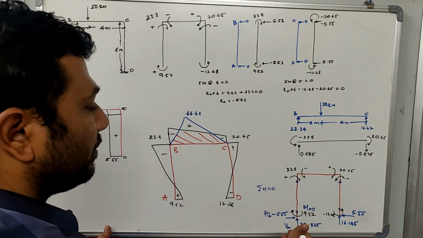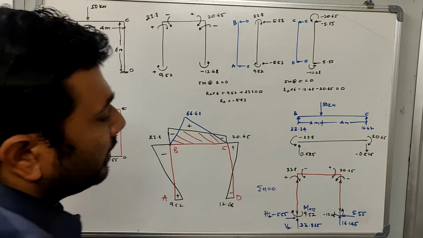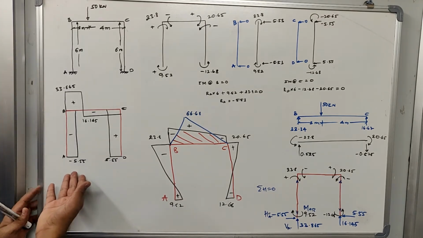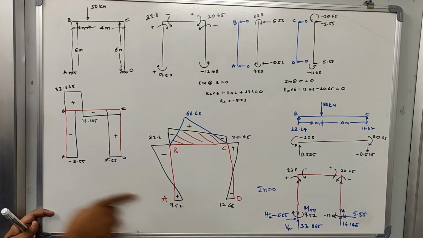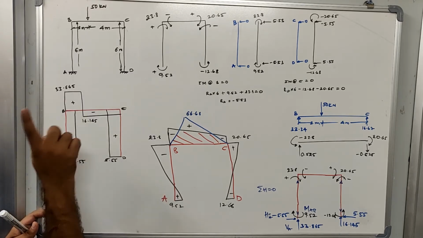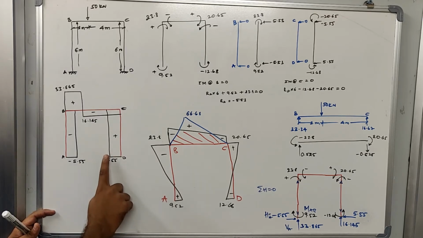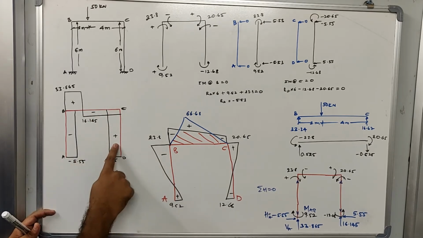Now the next step is that you know the reactions, including the moment reactions. All the moment reactions are written out there. So in the next step we draw the shear force diagram and bending moment diagram. I hope in this case the shear force diagram is very simple. At AB, this is minus 5.55, so this will go in this direction and this shear force will continue the same till point B. In case of D, plus 5.55, this will go in this direction and then continue the same. So this is negative shear force, this is positive shear force.